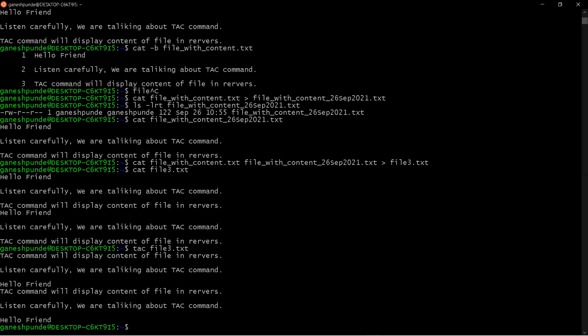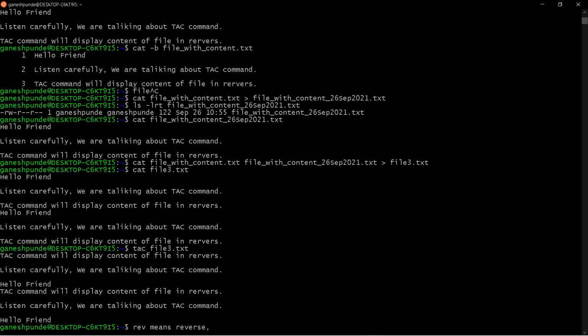Now we will see the rev command, right? rev stands for reverse, right?